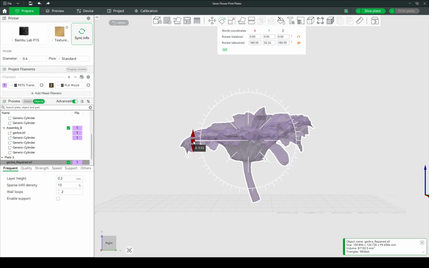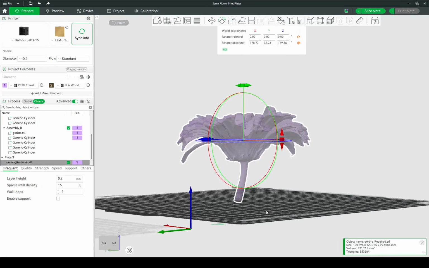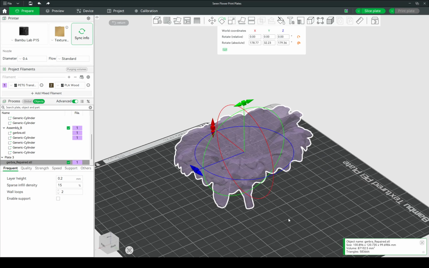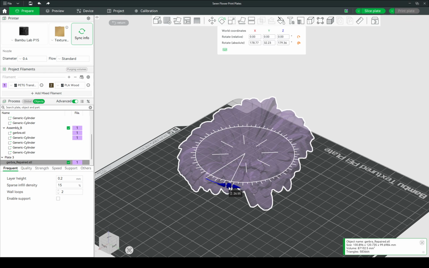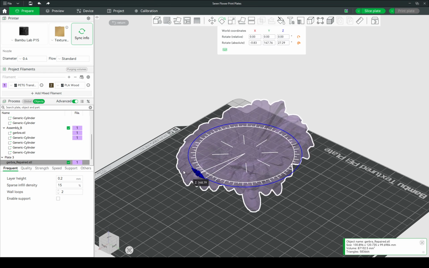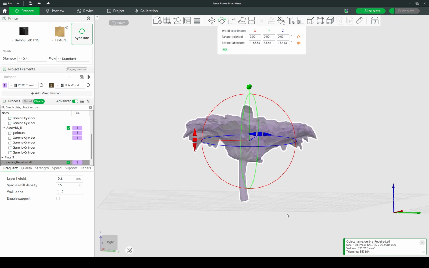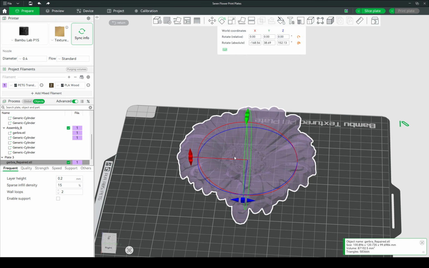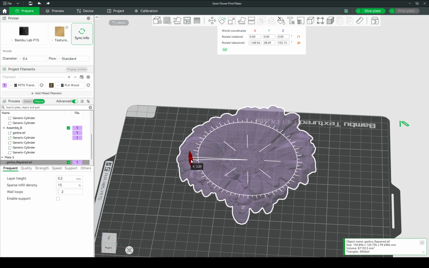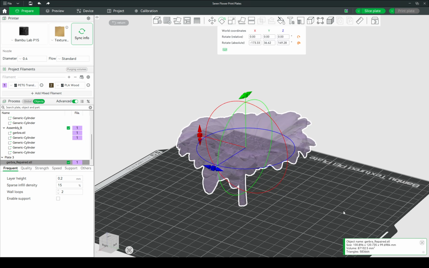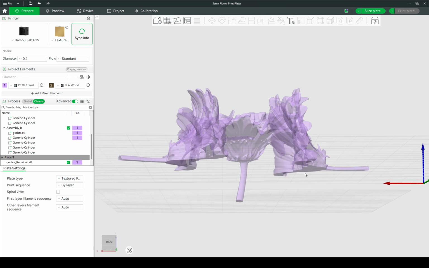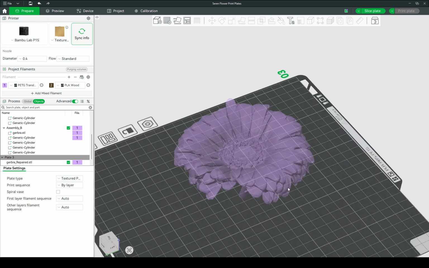Use this so it's facing up, and then just try and get that flower. It doesn't really matter, you don't have to get it in a perfectly vertical position, but just something you can work with. And once that's in position, facing somewhat in the way that you want it,